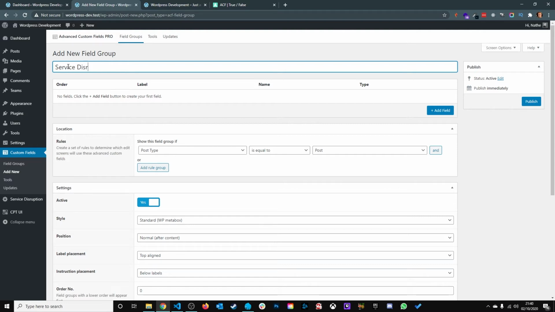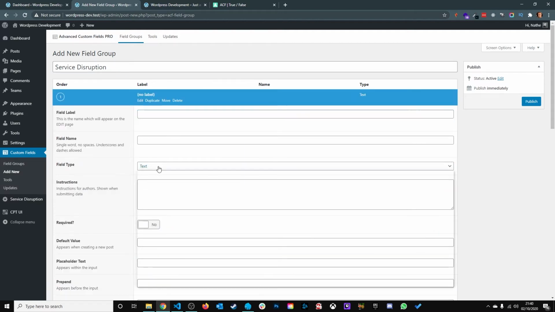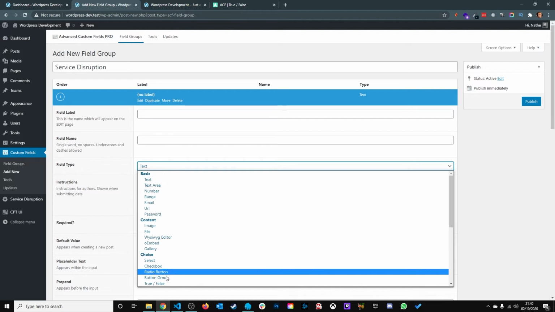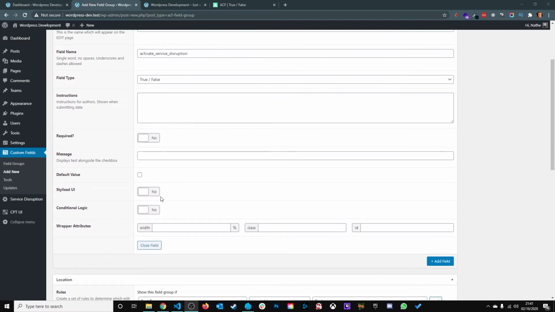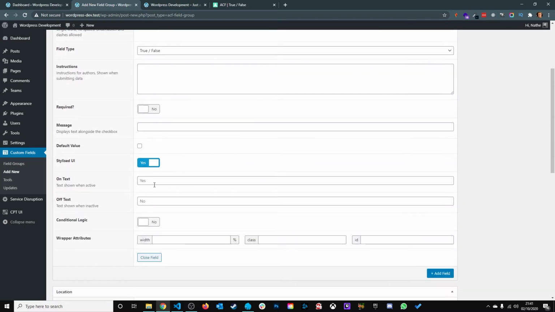service disruption, and we're going to add a new field, and this one is going to be our true or false field, and we're going to call it activate service disruption, and this is going to be our toggle to toggle on and off the website message. And if we scroll down here, we're going to use the stylized UI, and the on text is yes and